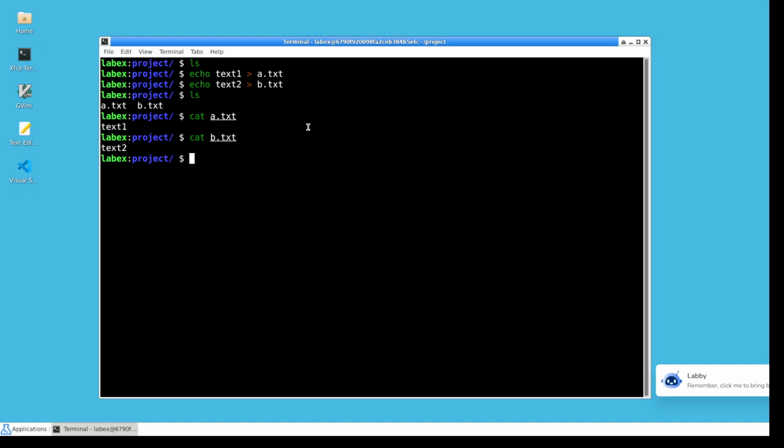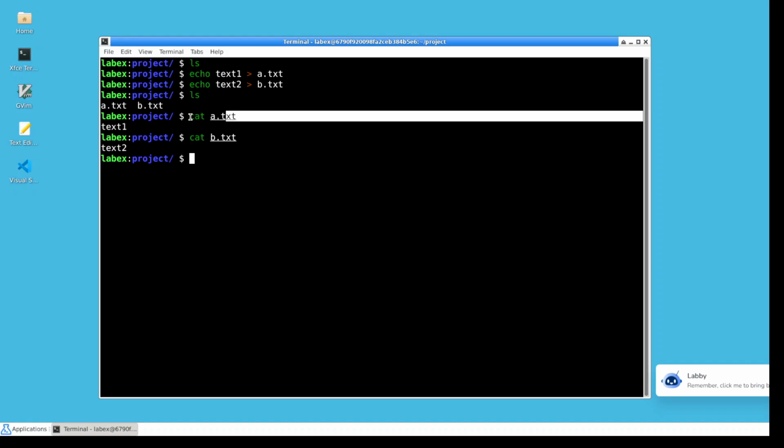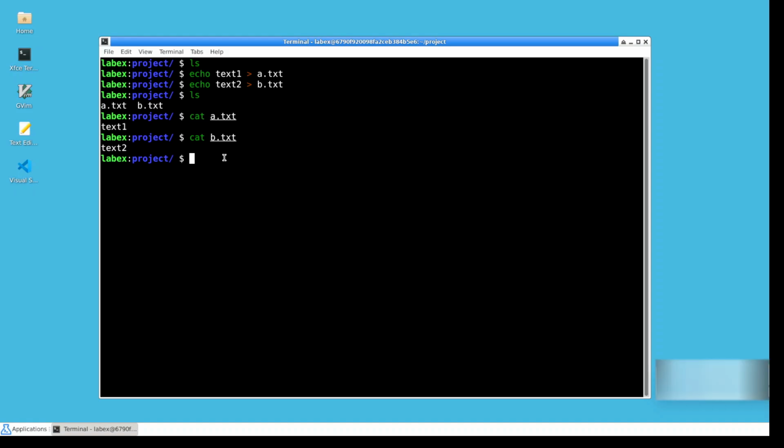If you want to send the content of a.txt to some other file, how can we do it? We can use output redirection. So consider we want to read a.txt and send it to create a new file, whatever the output is here. So how can we do that? By using